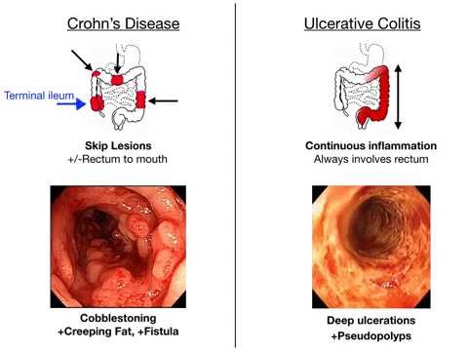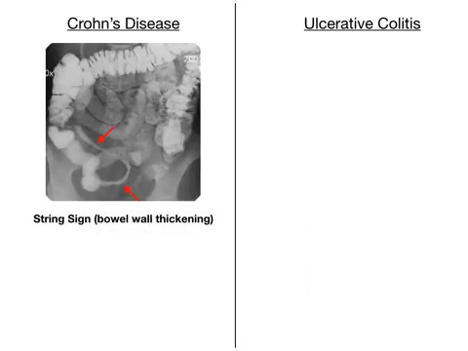Now, in ulcerative colitis, you'll get the formation of pseudopolyps. So you need to memorize that as a buzzword. Pseudopolyps for UC and creeping fat and fistulas for Crohn's. These are the two pictures. Again, cobblestoning, creeping fat and fistulas in Crohn's, and deep ulcerations in the mucosa and submucosa, and pseudopolyps in ulcerative colitis. Now, if we look at these disease processes on X-ray, what we see in Crohn's disease is something called